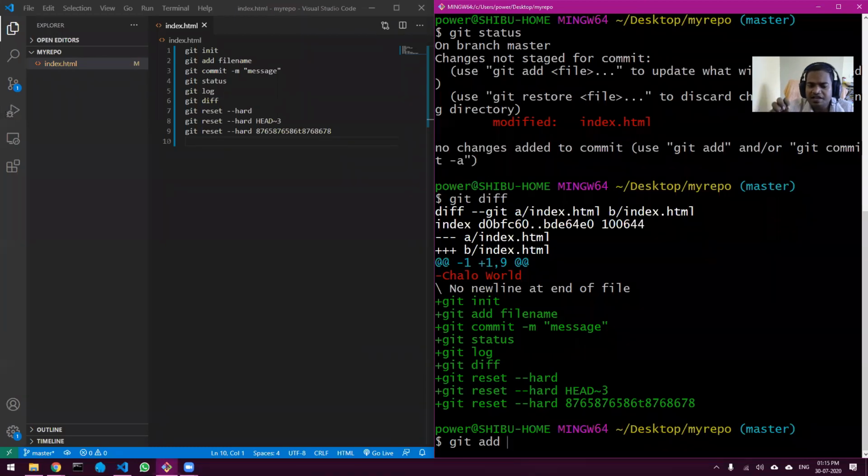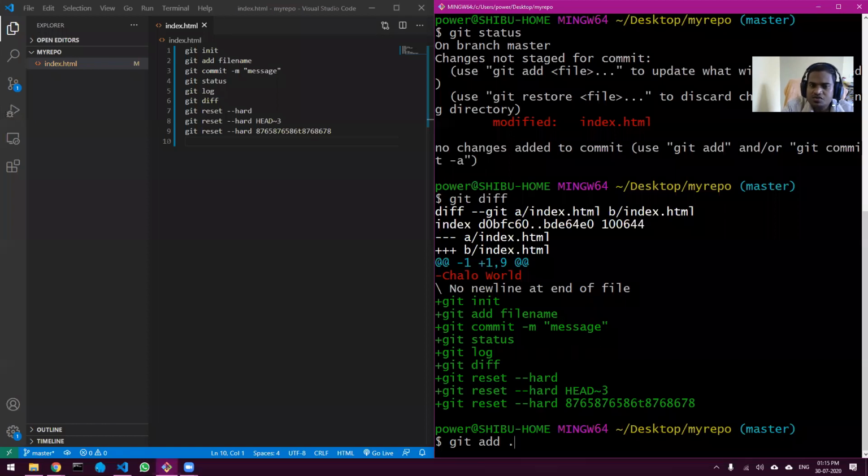You will be editing multiple files, and it is not possible to add each and every file one by one. So what normally people use is git add dot. What git add dot does is add everything, all the files, to the staging area. So I normally use this only.